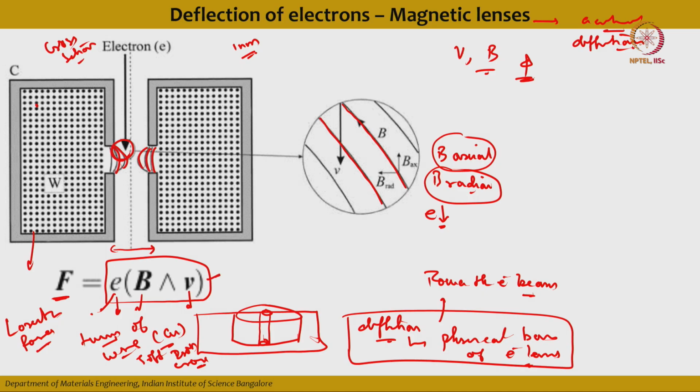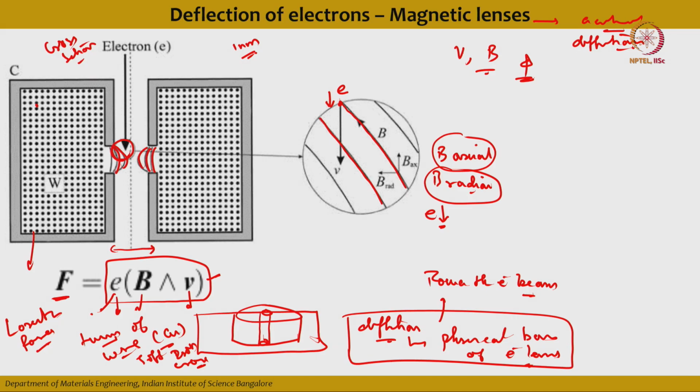So to understand, in a simple lens system, the direction of force acting on a moving electron in a magnetic field, consider that the electron is moving in a magnetic field B. So this is your electron, it moves in a magnetic field B in this particular direction, and the force on the electron can be given by